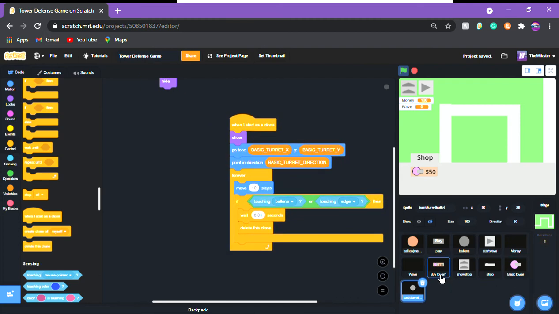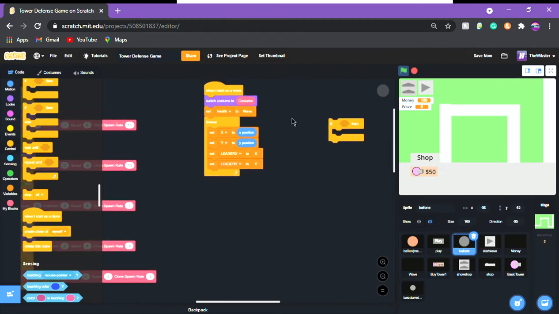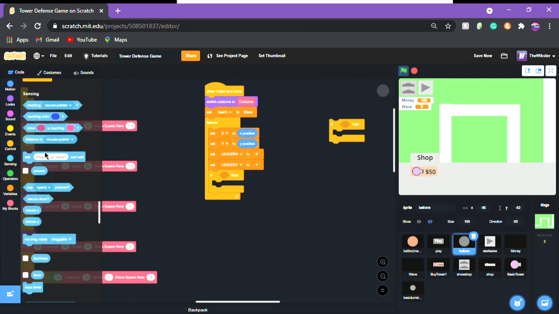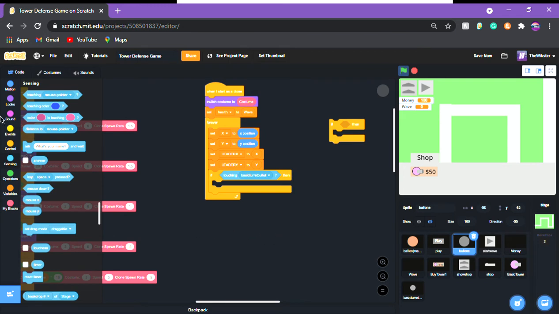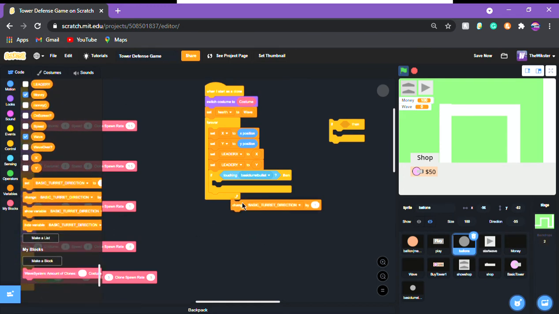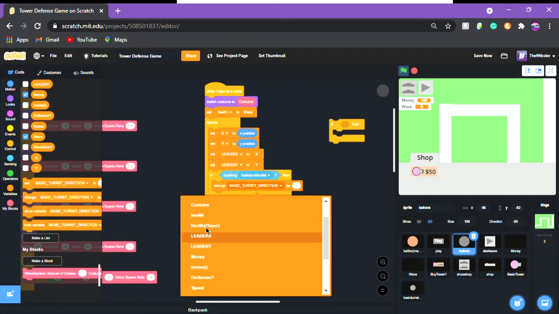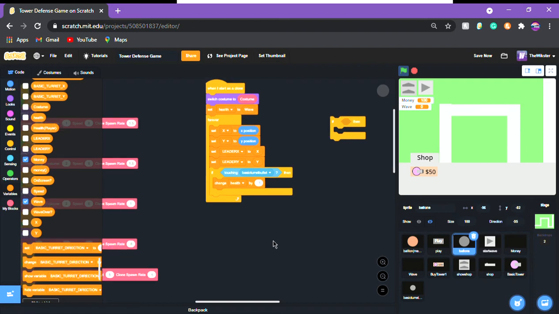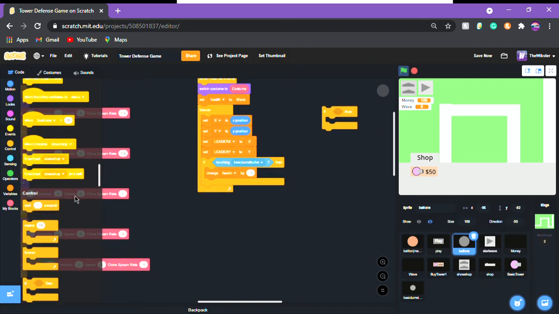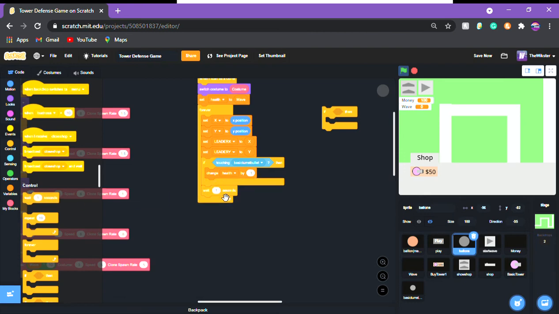Now we're gonna go back to the balloons, and we're gonna continue off this code that we left from the other video. Now this is what we're gonna do. We're gonna put if right under this. We're gonna put touching bullet or basic tower bullet, change health, make sure this is the correct health, change health by -1, just like that, and then we're gonna put wait 0.01 seconds,